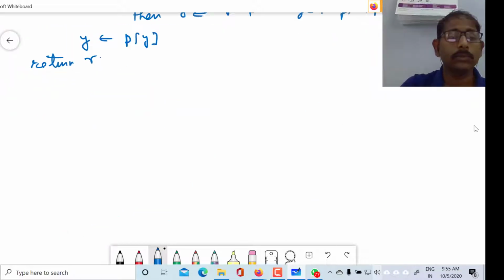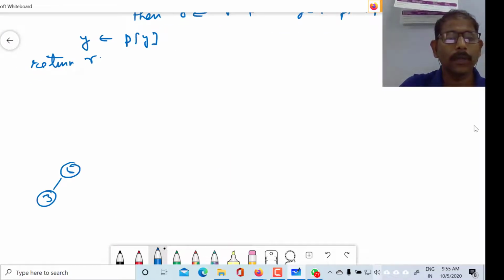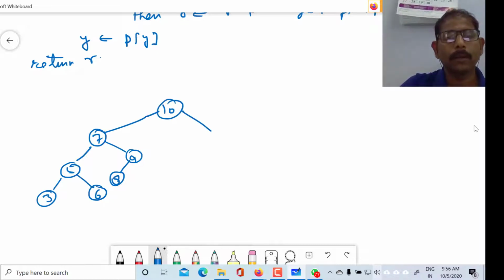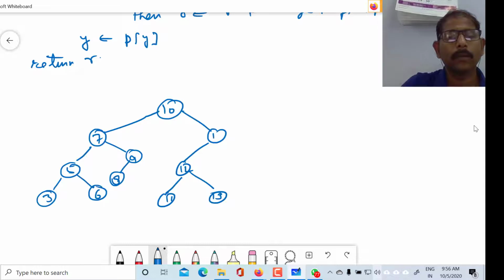This is the algorithm. And now suppose the nodes are 3, 5, 6, 7, 8, 9, 10, 11, 12, 13, 15, 16.